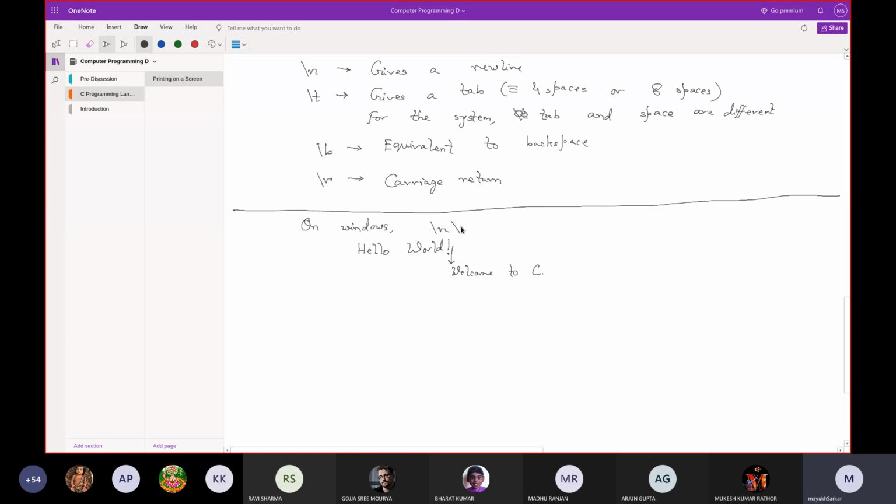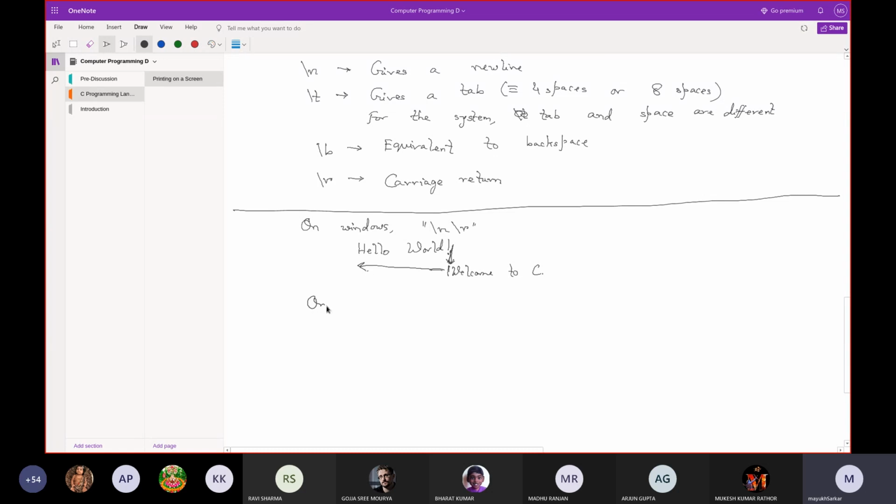What /r does is that it returns the carriage all the way towards the leftmost point of the screen. So on Windows, to give a proper new line, you have to give both /n and /r. On Windows, /n changes only the y direction. It does not reset the x value.